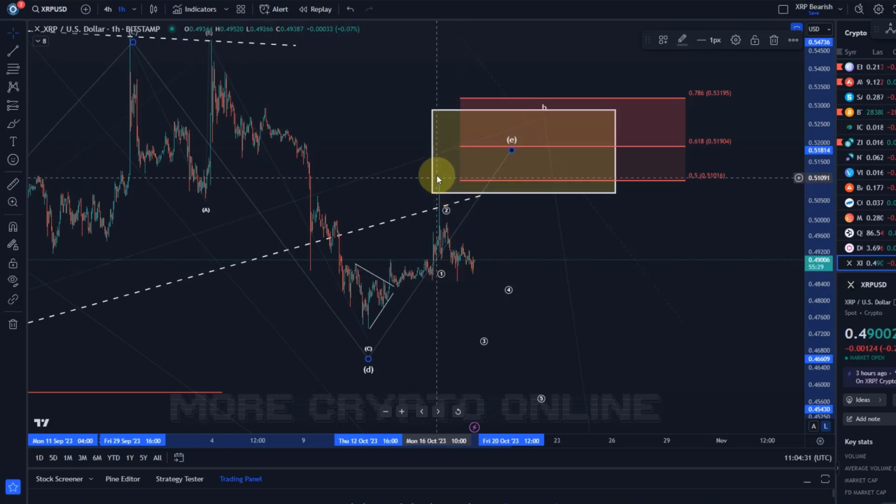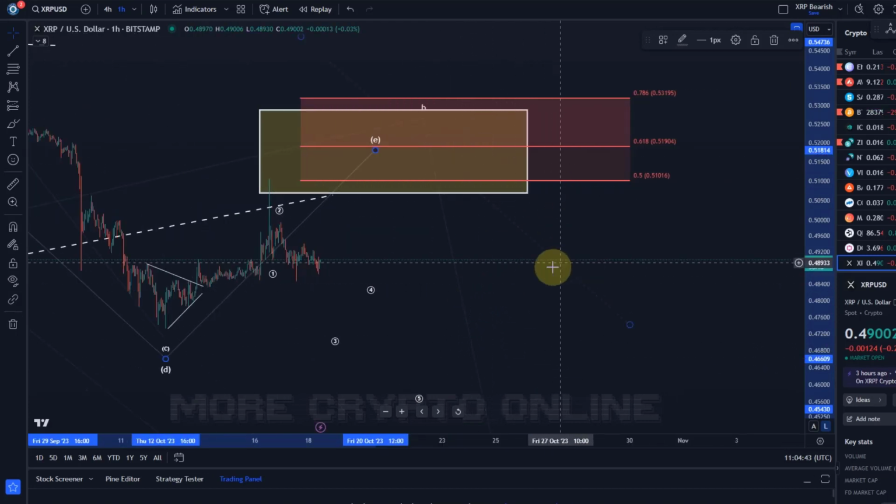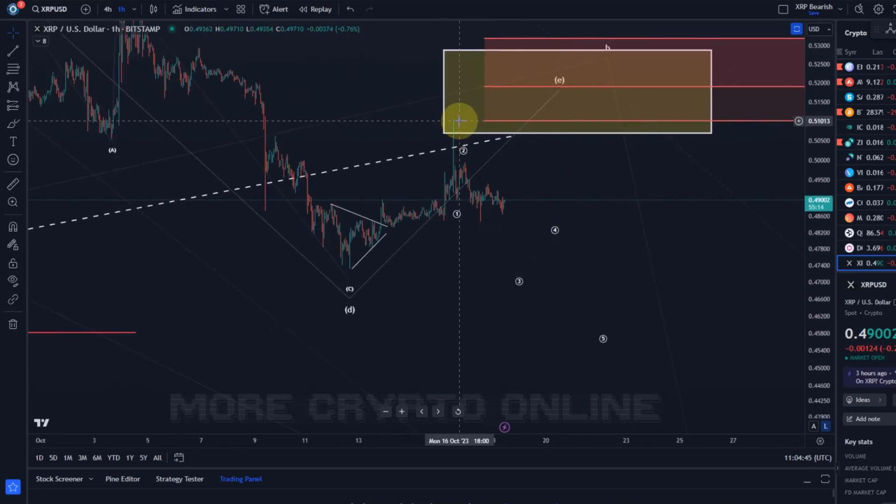While the minimum requirements, or the minimum expectations I should rather say, for this E wave have been completed and fulfilled, I cannot fully confirm that the move down has started. Because typically when a triangle breaks, the move down is quite aggressive. Now, this looks certainly not aggressive, okay? Absolutely not aggressive, so rather weak, to be honest. And